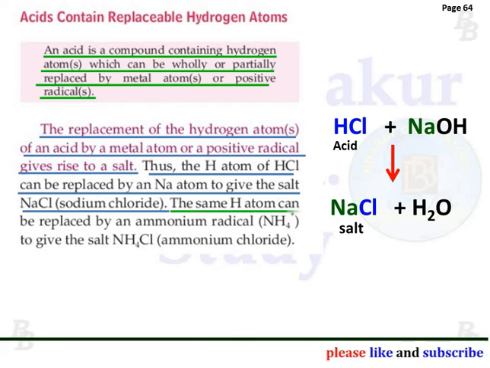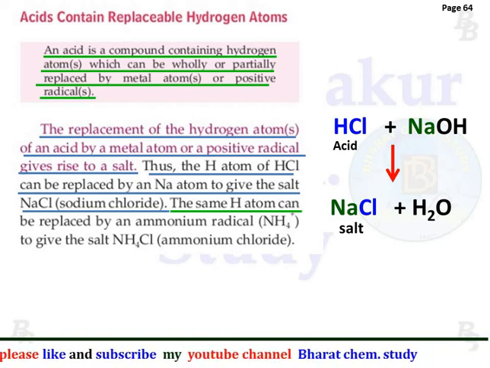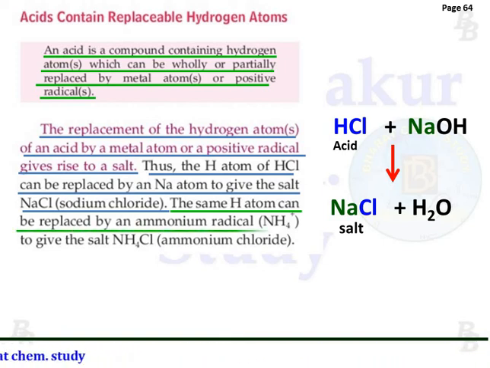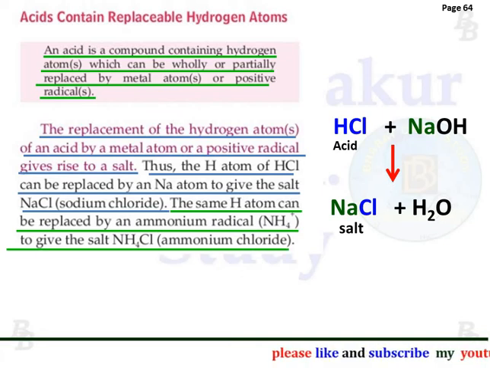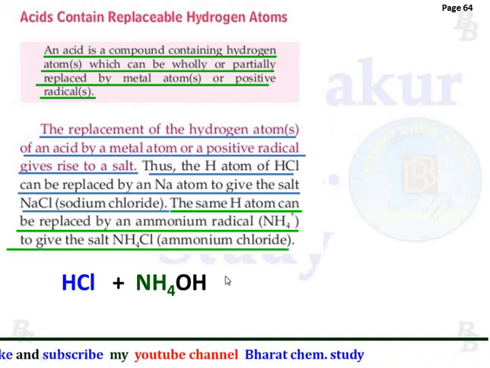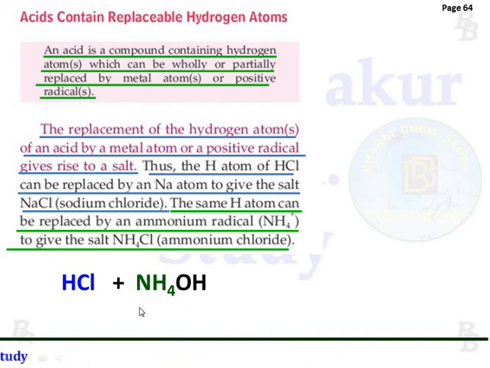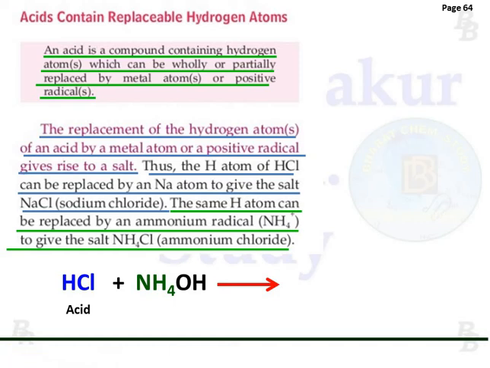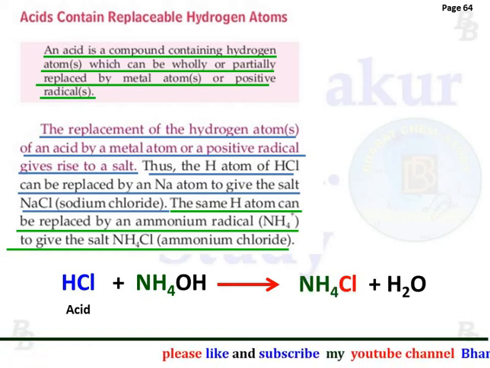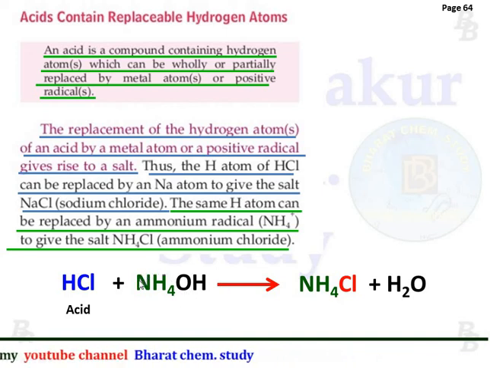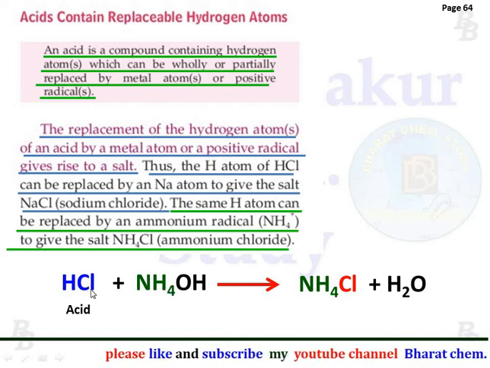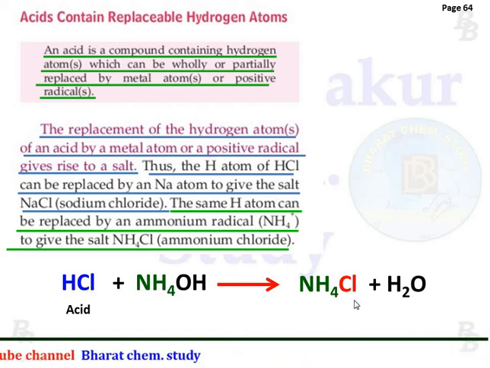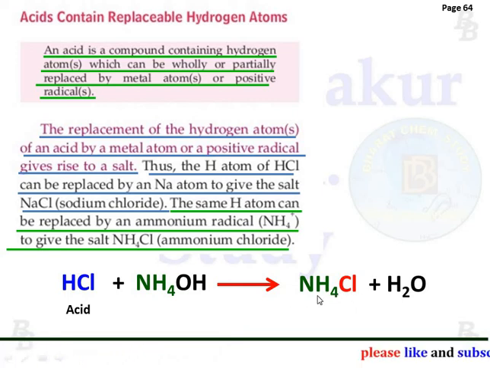In the same way, hydrogen atom can be replaced by the ammonium radical NH4 positive to give ammonium chloride as a salt. That means when this HCl acid reacts with ammonium hydroxide, which is a base, the ammonium ions, NH4 positive ions, replace the hydrogen and get attached with chlorine to form NH4Cl, and water is formed. So again here, ammonium ion is replacing hydrogen, hydrogen gets removed and ammonium gets attached with chlorine, as a result of which the new product formed does not contain any replaceable hydrogen,